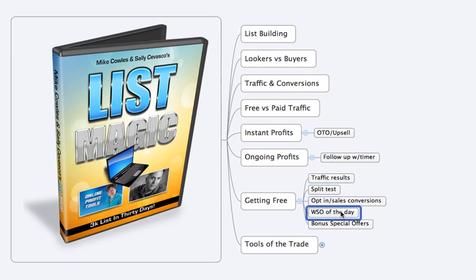Now, the other thing that they can do, which is really, really great, and this is a strategy I learned from Joe Lavery, super smart guy, he's the guy who created Cart Freak, is you can have them subscribe to a WSO of the day, whether it's JVZoo or WSO Pro or whatever. And those guys are already great copywriters, they're great salespeople, they already know the products, they already see the stats, they already know it's a good product, that kind of thing.